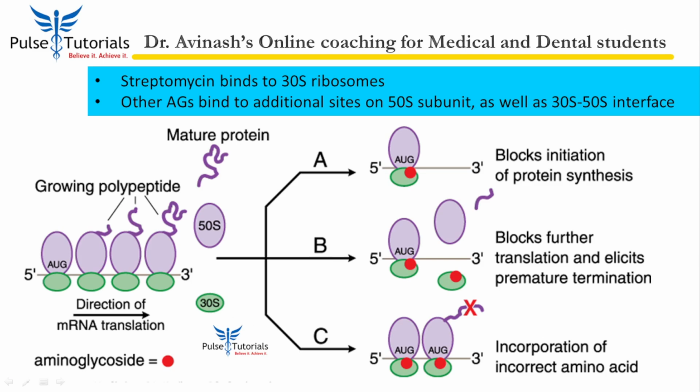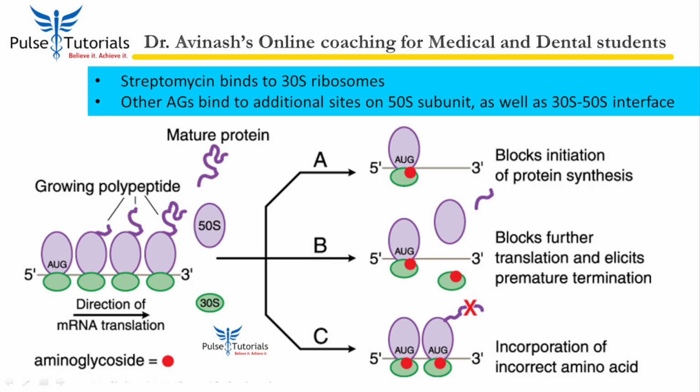This appears to be a secondary change in the integrity of the bacterial cell membrane. It is suggested that other antibiotics that inhibit protein synthesis, like erythromycin, chloramphenicol, and tetracycline, only pause protein synthesis. Aminoglycosides actually block those proteins which are important for cell membrane formation. So the bacteria become more permeable when they are exposed to aminoglycosides. Amino acids leak out, ions leak out, proteins leak out, and that's how probably the cells die.